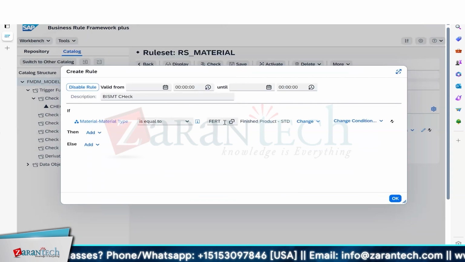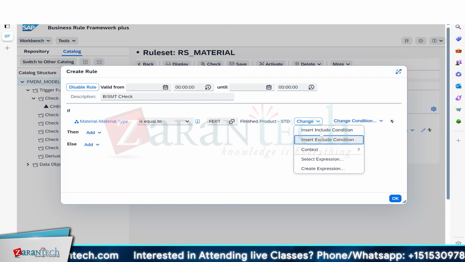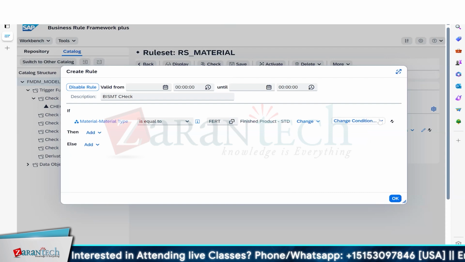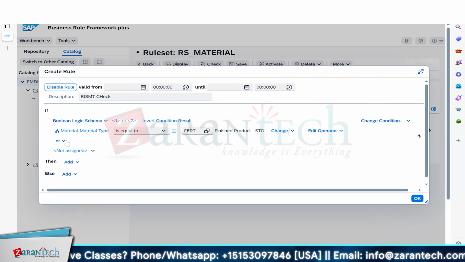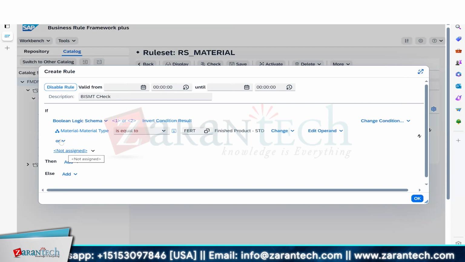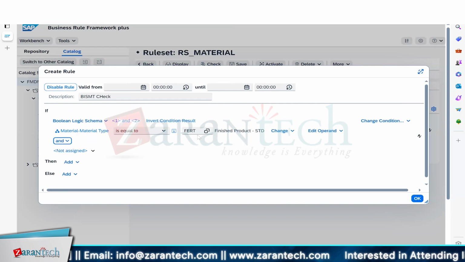So now you look at your condition. If material type is equal to FERT, in that case, the old material number BASMT should not be blank. So you can write a condition like this. If material type is equal to FERT and BASMT is initial, I wanted to throw an error message. So you can use the include condition, insert include, add more condition. This is based on your material type, and the other attribute is old material number. What do you want, OR or AND? In our case, it should be AND condition. Use AND. Material type is equal to FERT and